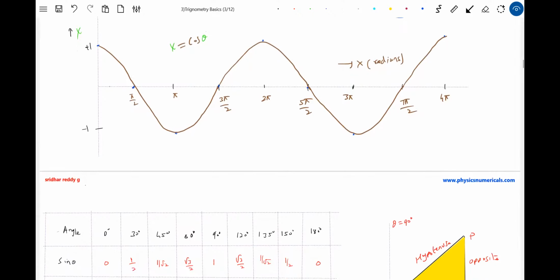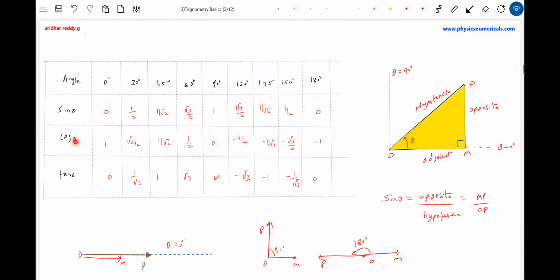Okay, these are for different angles, the values of sin theta and cos theta, from the triangle. So for different angles: sin 0 degrees will be 0, sin 30 will be 1/2, sin 45 is 1/√2, sin 60 is √3/2, sin 90, sin 120 is √3/2. We will explore how these values come. You can take a calculator and directly get the values, or we have a method which I'll show. Cos theta is this one. Cos 0 will be 1. Cos 30 is √3/2. Tan theta also we are able to define.